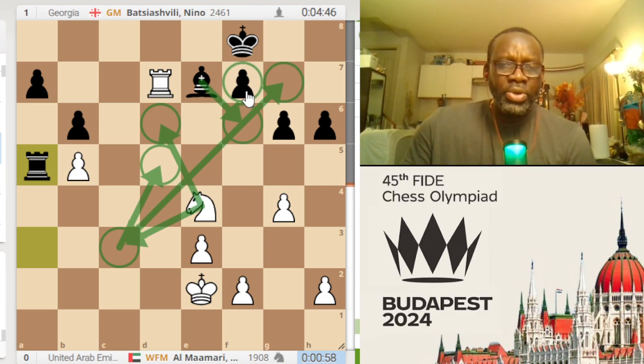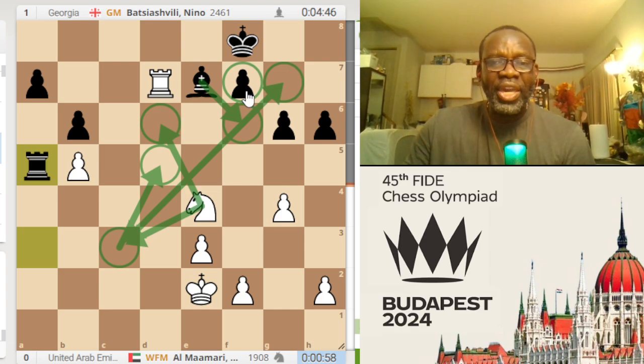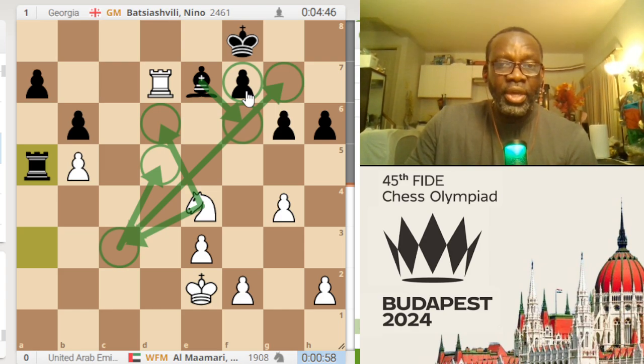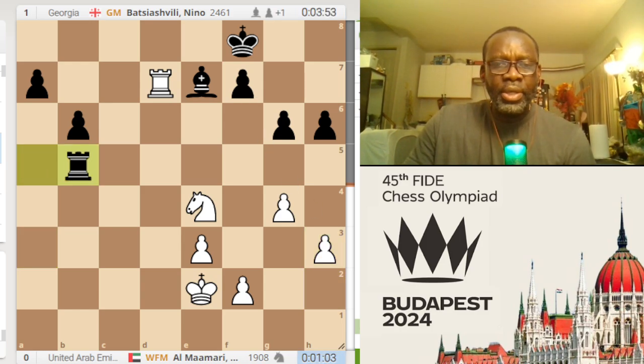So what white is pretty much doing is trying to make sure that you don't lose the game. Meanwhile, you're trying to take every opportunity you have to win the game, that means if black is playing too desperately. So h3 is played, rook captures